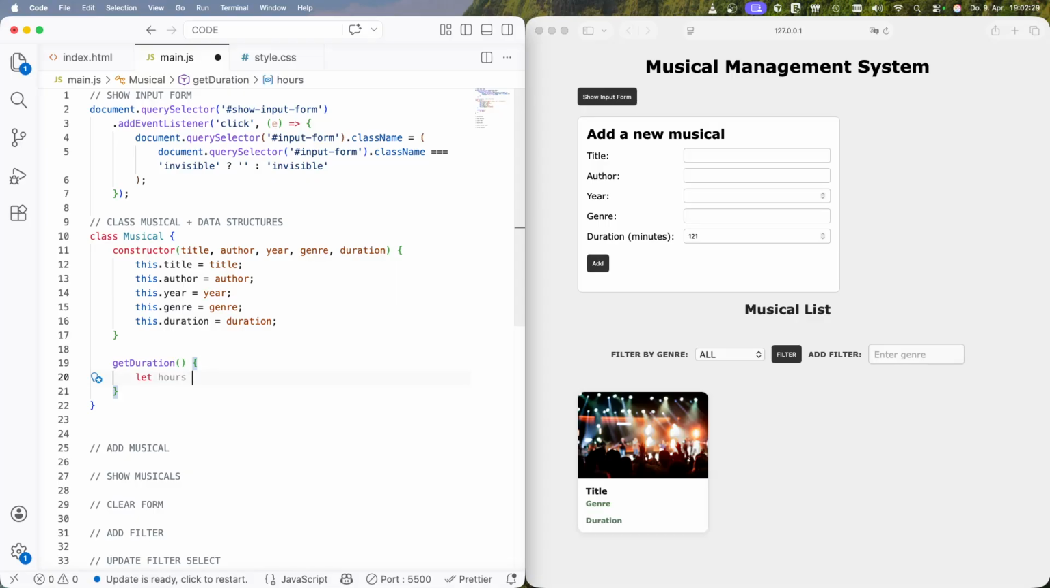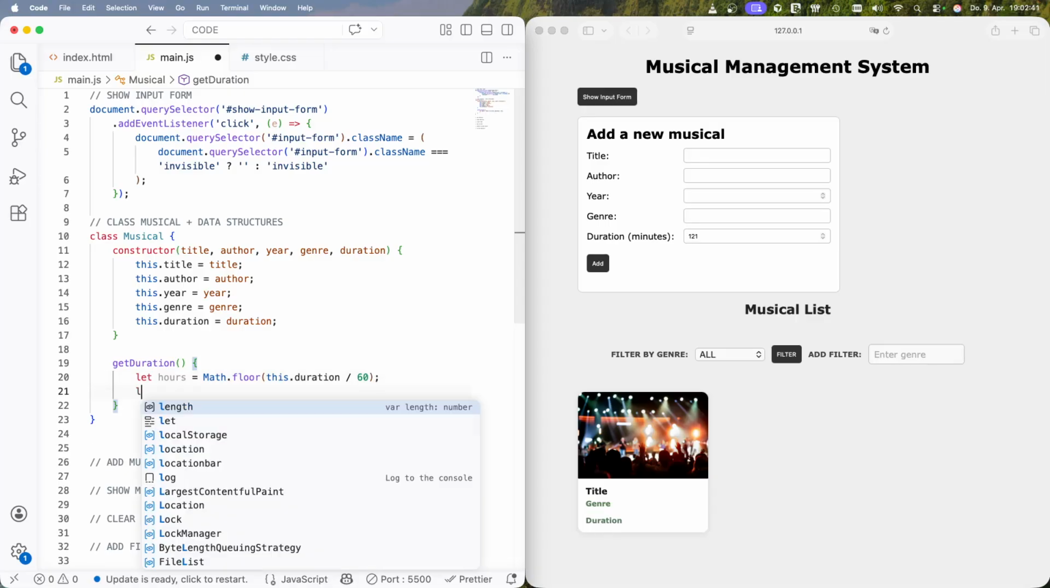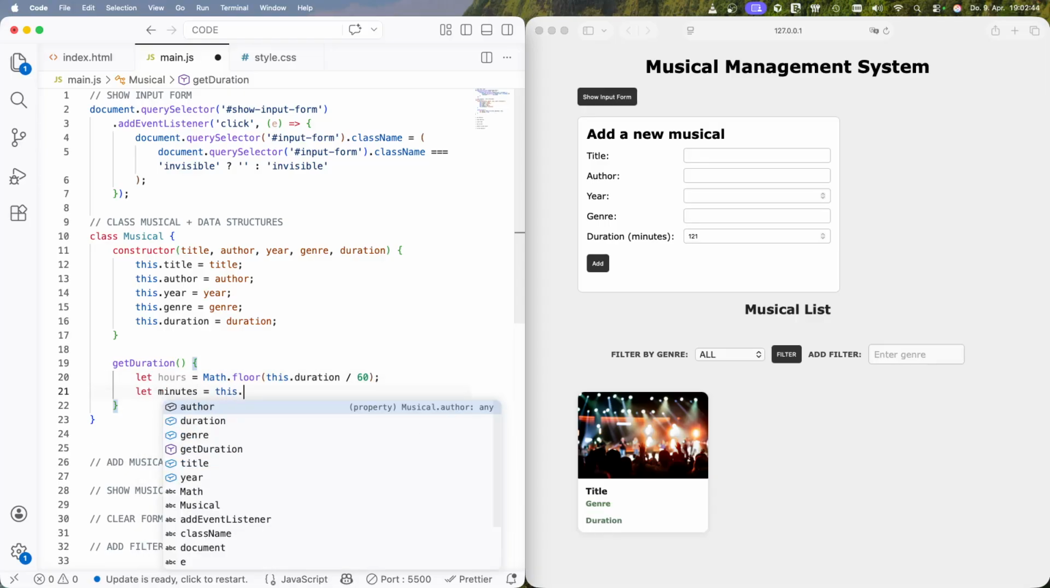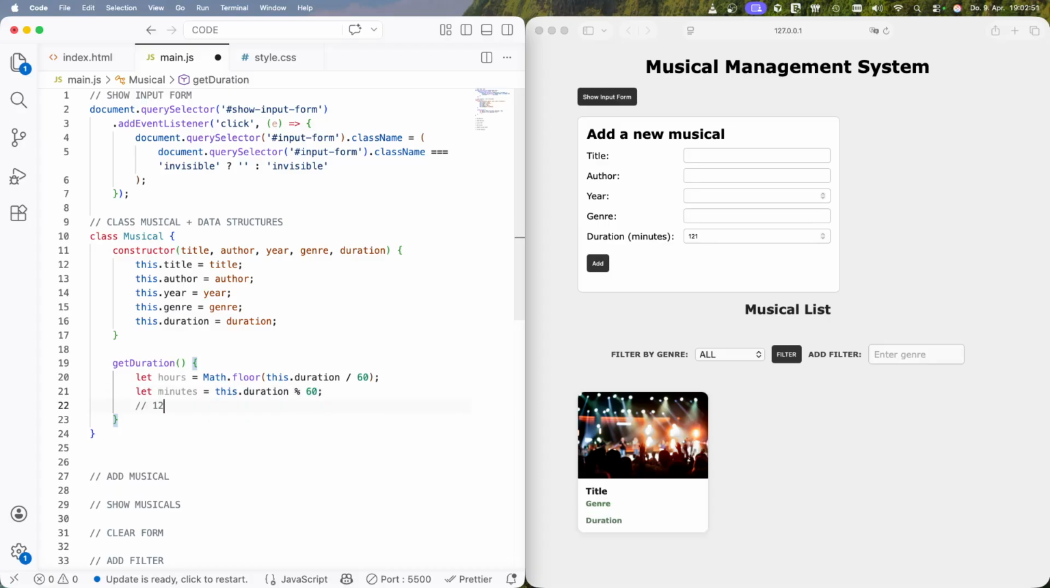So what I first of all do is grab the hours, and I'm going to floor this with the Math.floor function. I'm just grabbing the duration and dividing it by 60. So this gives me the whole hours. And then by grabbing the duration modulo 60, this should give me the minutes. So for the example, if we have 121 and we divide it by 60, this is something like 2 point whatever. So 2, and then modulo 60 means that only the 1 minute will be left. And what we are returning then